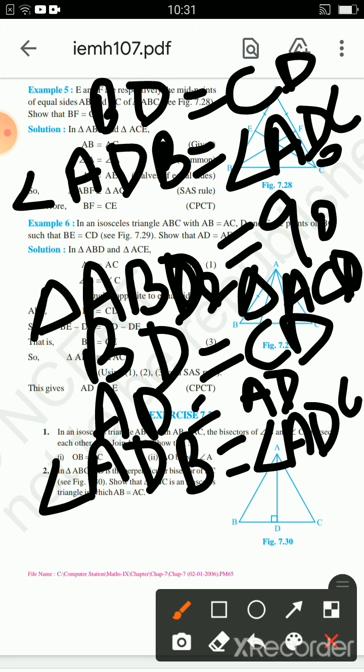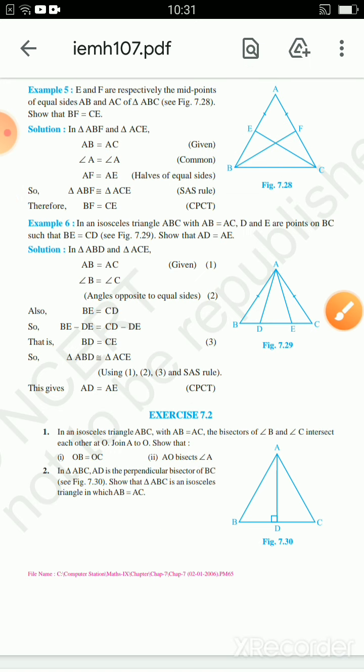So the two sides and the enclosed angle are equal. So the triangles will be congruent by side, angle, side. And when the two triangles are congruent, you will write AB equal to AC by CPCT. And the two sides are equal, so the triangle is an isosceles triangle. Now let's come to the third question. The third question is